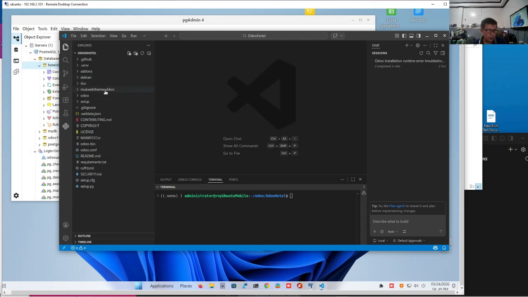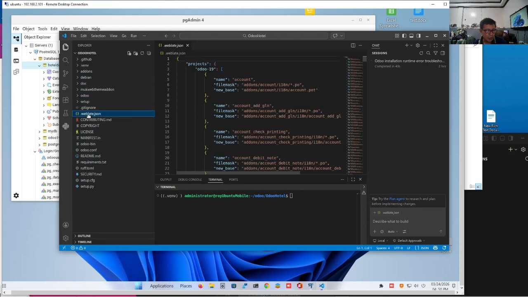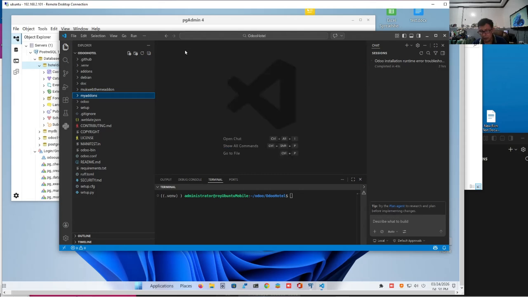Previously, we have introduced the map theme add-on, which was created by a third party, and then we have a list of add-ons in Odoo. We are not going to put our add-ons here because it will confuse us in the future. Instead, in the root, we are going to create a folder that will store our own add-ons. So in the root, we'll press this icon to create a new folder, and we call it my add-ons. Any add-on that we will create later will be stored in this folder.